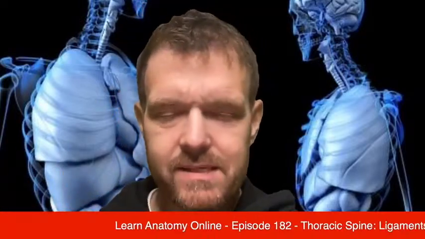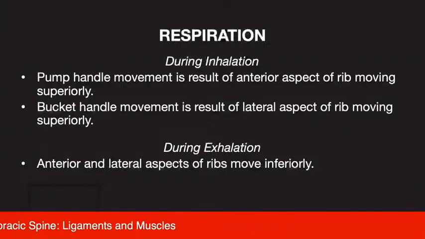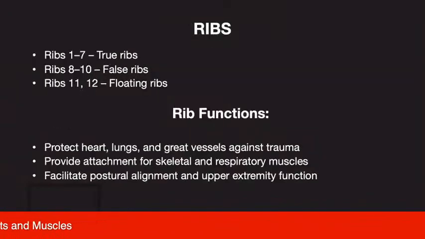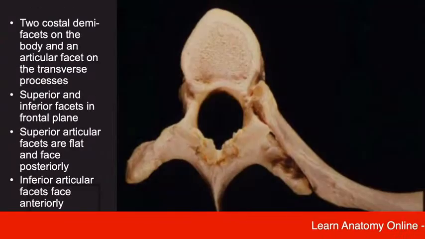So we're going to do a bit of a recap of last session. We're going to start to have a look at the ligaments around the thoracic spine and the ribs. Let's just have a look at this. Yeah, so we were looking at rib function. Just go back a bit over these, and we were looking at atypical and typical